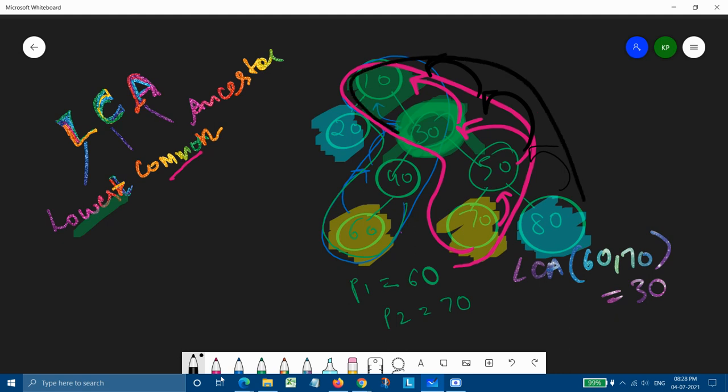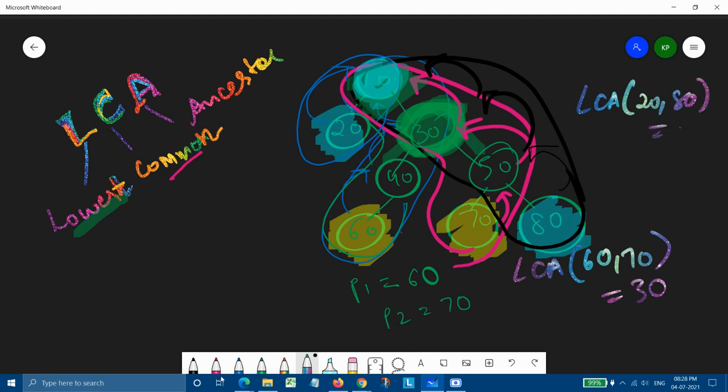Basically, all these are ancestors of 80. And for 20, we have just one ancestor, that is 10. Now comes the common part. The common among both is 10, and the lowest is also 10, because after 10 there is no other node that is common in both. So that's why the LCA of 20 and 80 is 10.